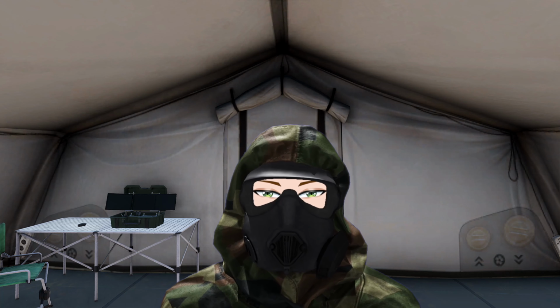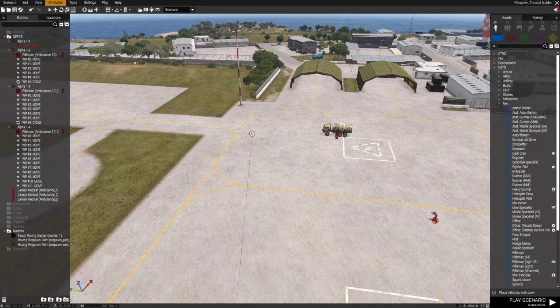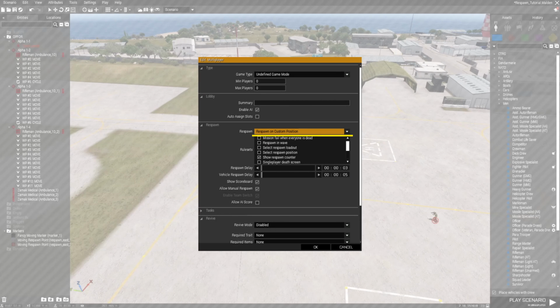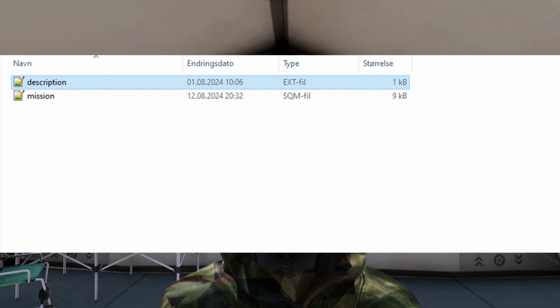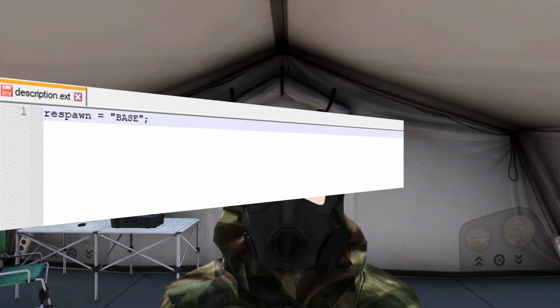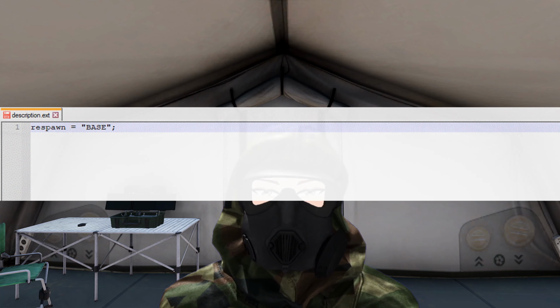To make this work, you need to set the respawn type to custom position at the very least. You can enable this setting through the multiplayer attributes in the Arma 3 editor or in the description.ext file by adding the following code: respawn = 3; or respawn = "BASE";